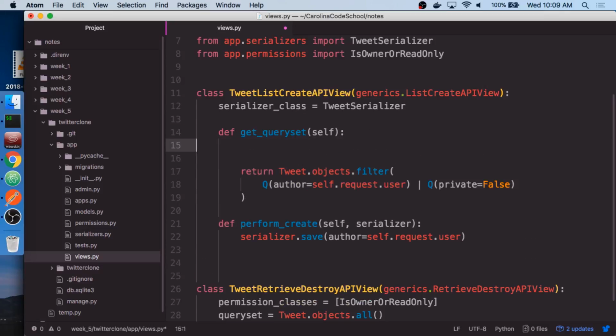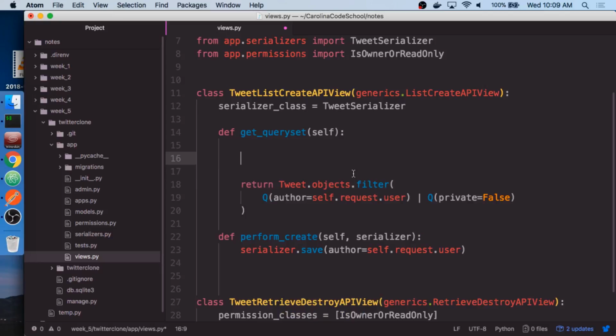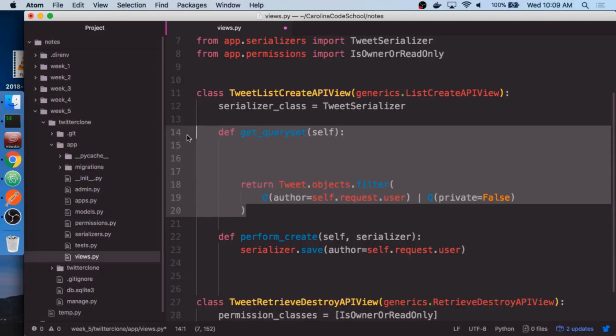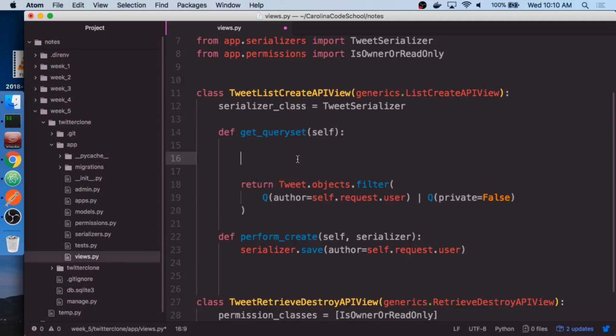Okay, so before we hit break, I do also want to add in one more thing here. I only want to return the public tweets for a non-logged in user. Now this is kind of a cool little trick. This get_queryset is probably going to account for a lot of your final project stuff, because your final projects are going to have some sort of complexity where you need to filter it down by public or something like that. Chances are you're going to want to put functionality like this into your final project, no matter what it is. So keep this block of code handy. Thank Kevin for telling me to put it online for all of you in case you weren't following along or if you did something wrong.